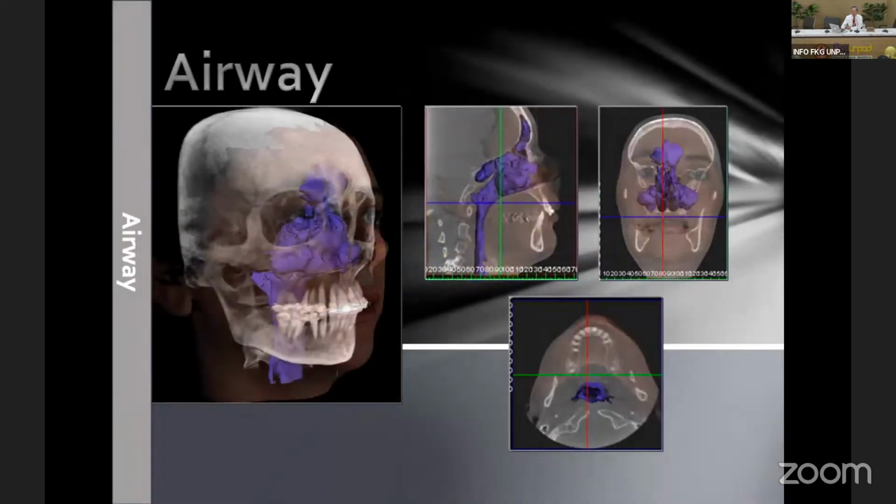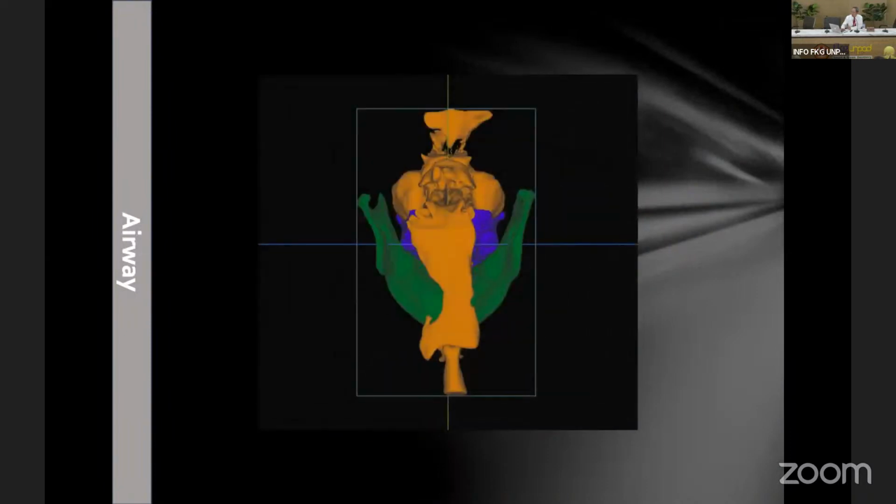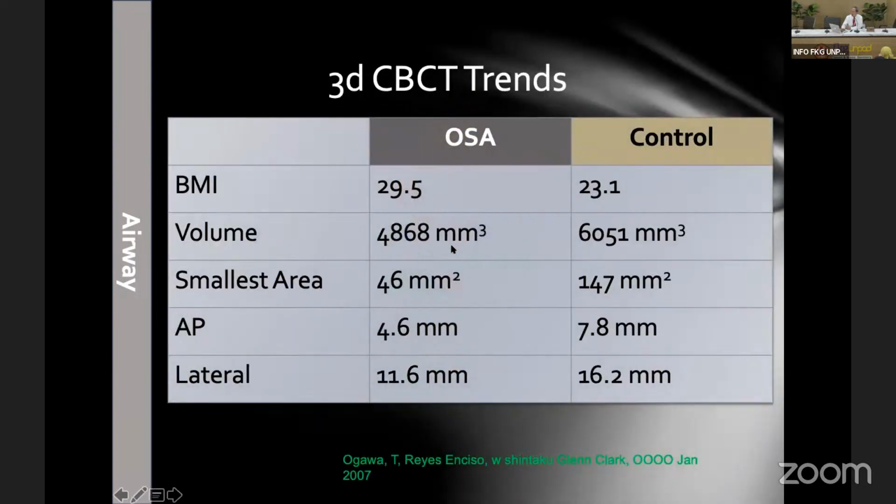And we can use cone beam to assess the sinuses and airway. We can do the segmentation of the pharynx, the air space. This is the segmentation of the air space. And also, based on a study from CT, of obstructive sleep apnea patients versus normal control patients,